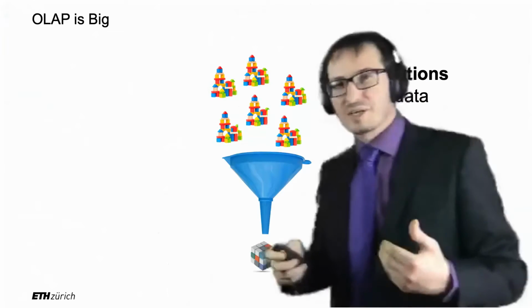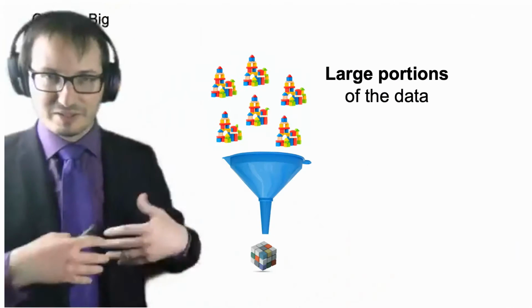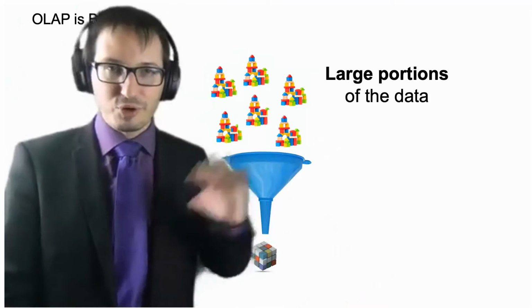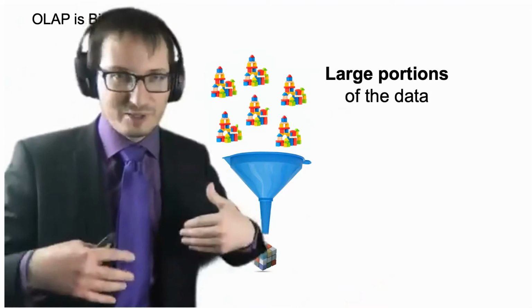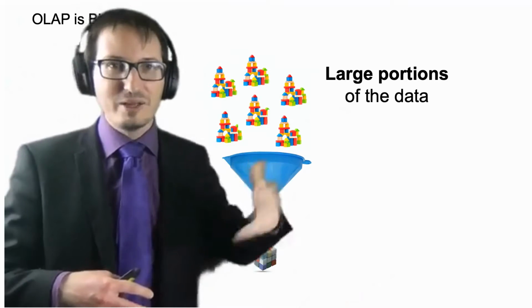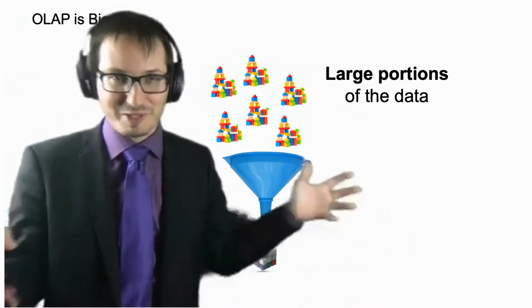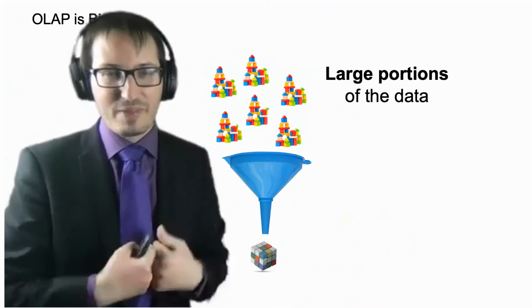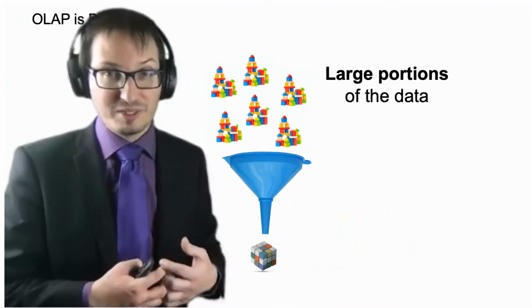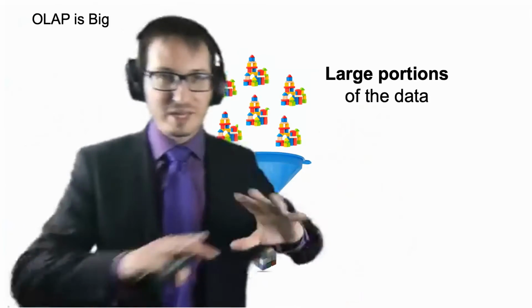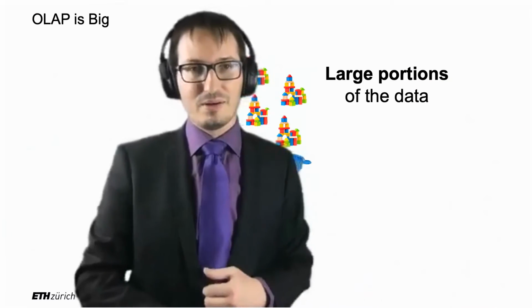Because if you look, for example, at all the sales that you've had this year, or maybe in the last 10 years, you want the report and the pie charts to include a large portion of the data. Of course, it doesn't mean that you are going to throw a report with a million pages to the CEO. Of course, it's condensed, right? You have aggregated the data in such a way that it can be read and understood more easily, right? But it comes from very large portions of the data because you aggregated over the entire set of data that